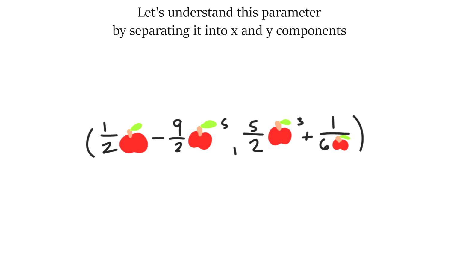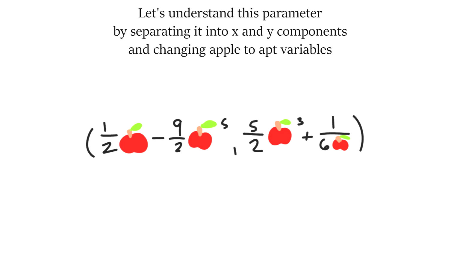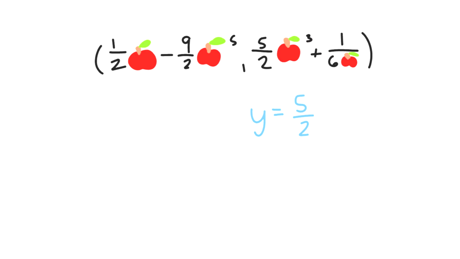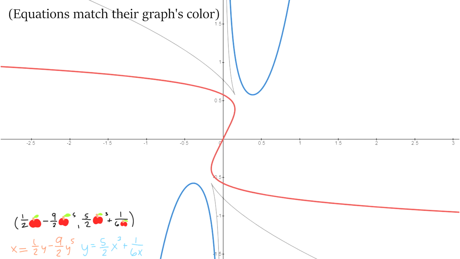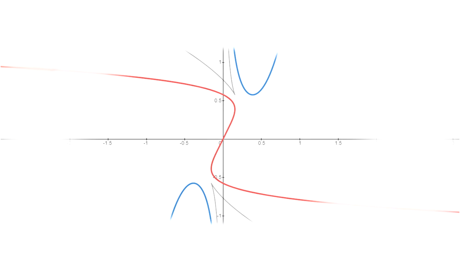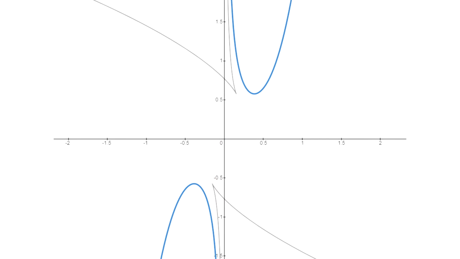y equations and changing the apples to the correct variables, where we have y equals 5 halves x cubed plus 1 over 6x, and similarly x equals 1 halves y minus 9 halves y to the fifth. By graphing these two equations, we get a visible comparison to them and the cone. And if the x equation is giving you some mathematical anxiety, we'll ignore it temporarily, leaving us with the y